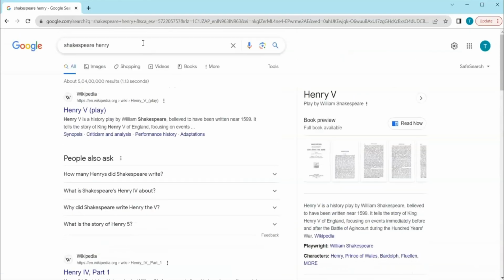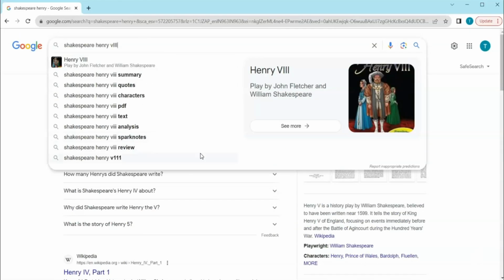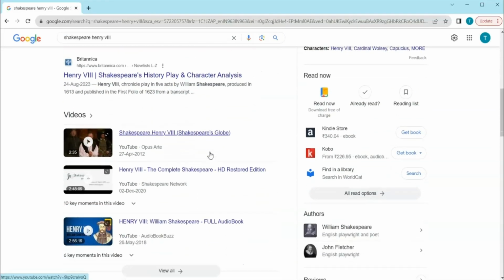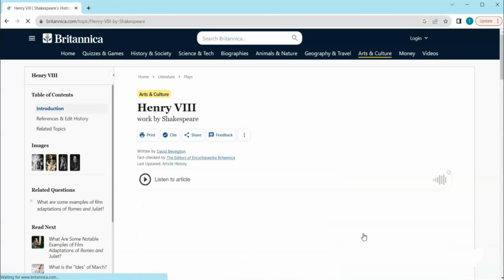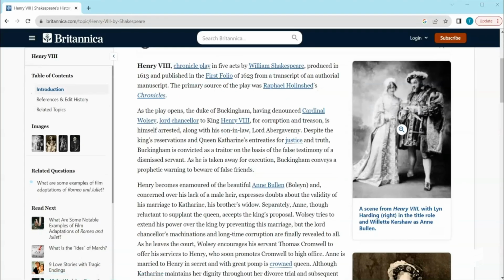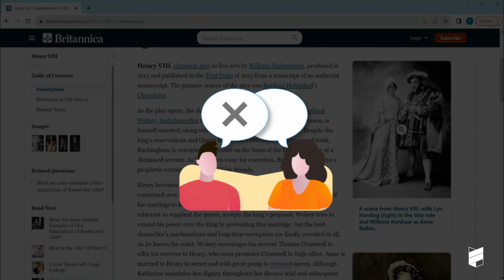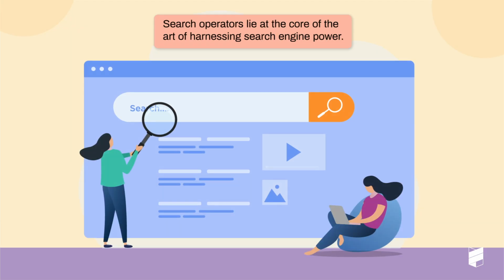Many people overestimate their Google search skills. They simply type in questions or random words that come to mind. This can lead to prolonged searches, sifting through pages of results that aren't entirely relevant. It's a misconception that any search query will yield the desired result. There's an art to harnessing search engine power, and it involves the use of search operators.